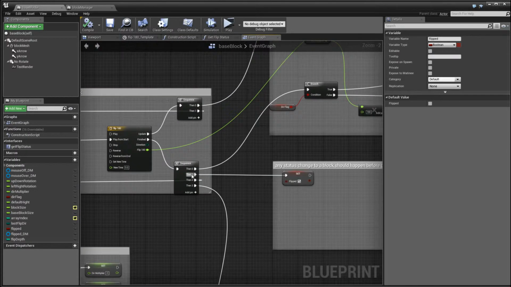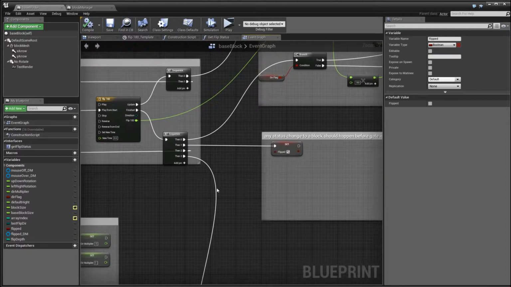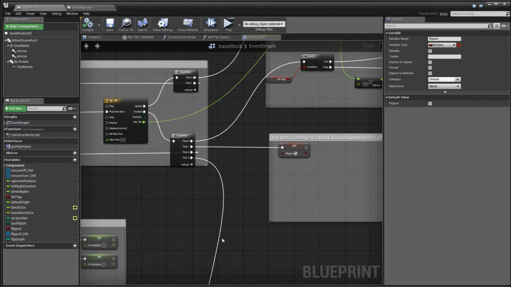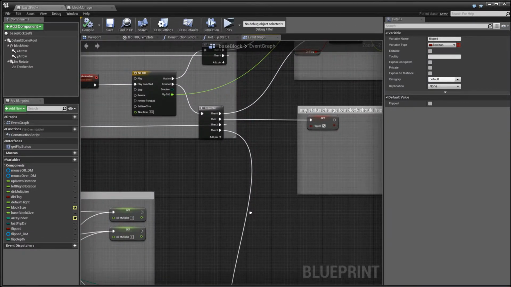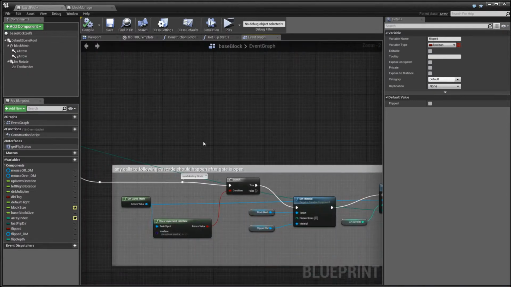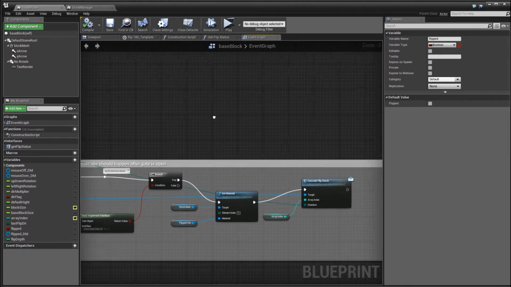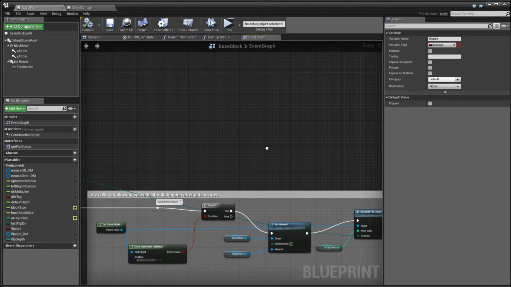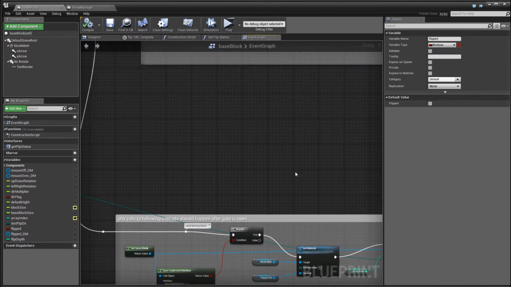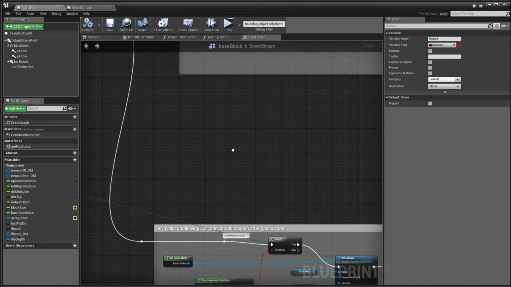Now we also don't want to call the function that calls the cascade flip check, which calls the cascade flip functions, before the gate is open.